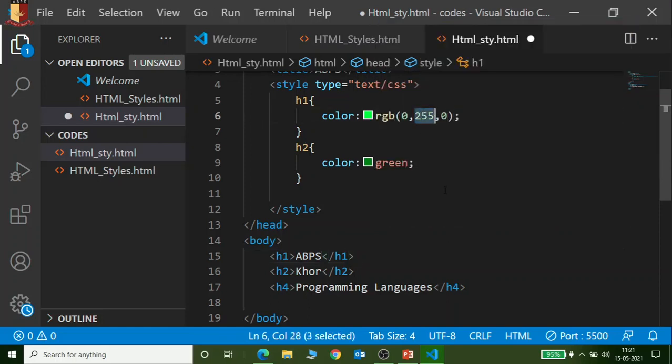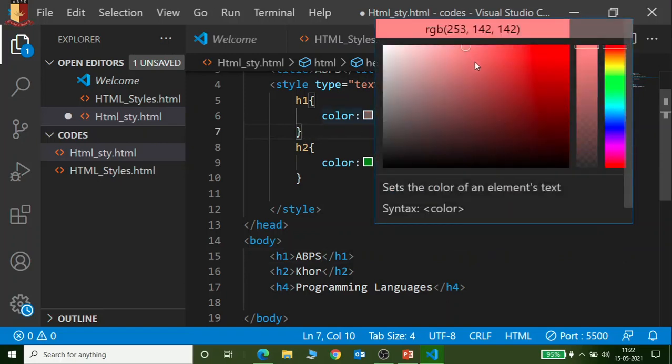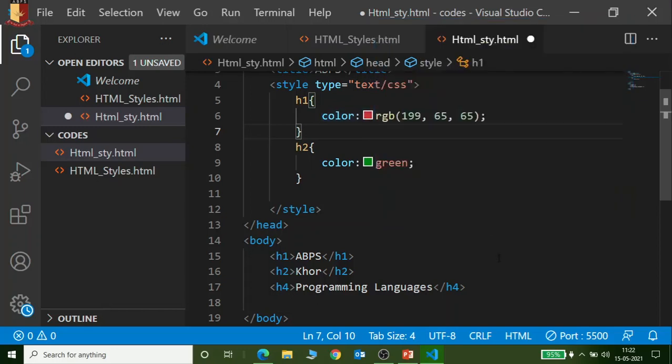Now let's change it to 0 0 0. Now all these three zeros produce what? Black color. Got it? If I change all of these to the maximum, meaning all of them 255, just check: white color. So it will produce white. And suppose I mention it like this, every time you will get a different color. Understand? Suppose this, then red, because R is the highest one. Got it? Now let me change this. A new color is produced automatically. Whenever you select these things, this is possible only in Visual Studio Code, not possible in Notepad. Got it?